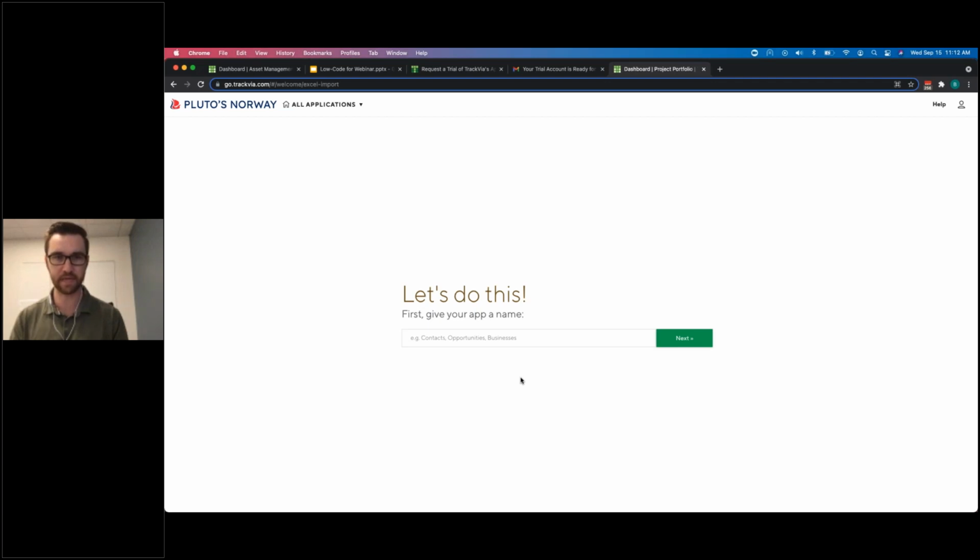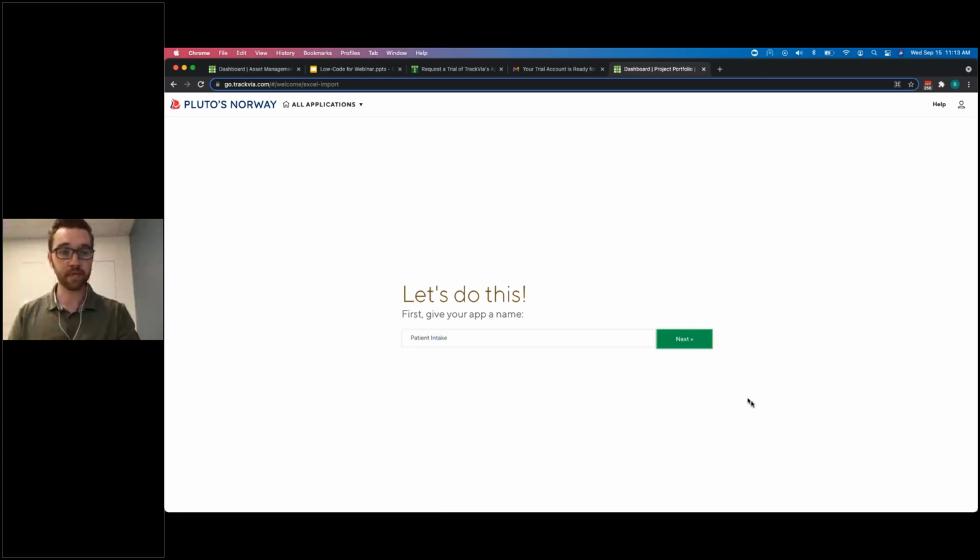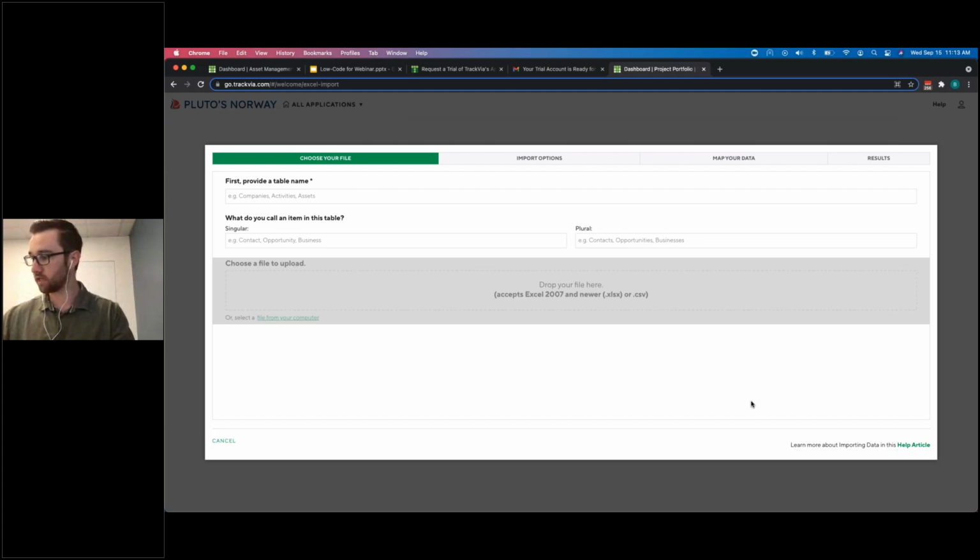We want them to be able to fill things out in a more digitized format. So we're going to track all of that information in TrackVia. So let's go ahead and call this patient intake as our app name. We'll hit next on that. And because I selected that I want to see things from a spreadsheet import, it's going to take me directly